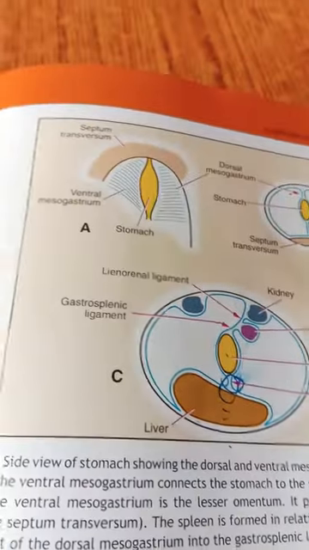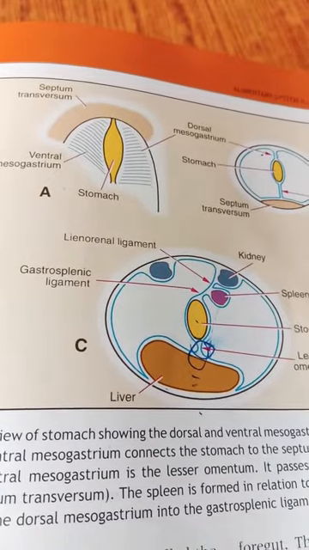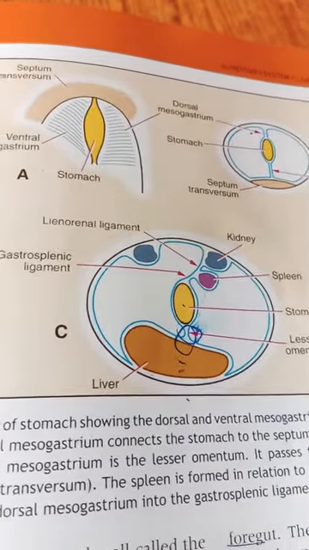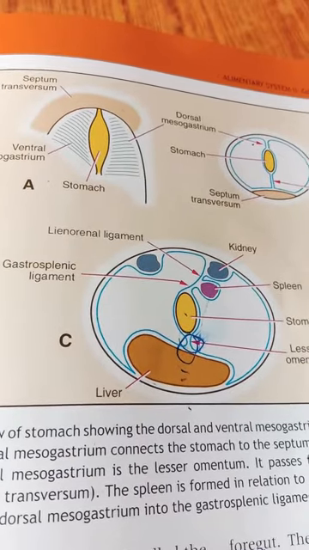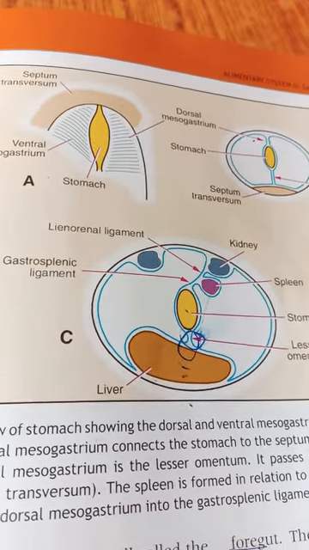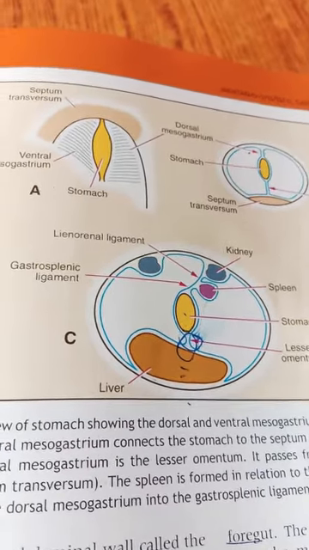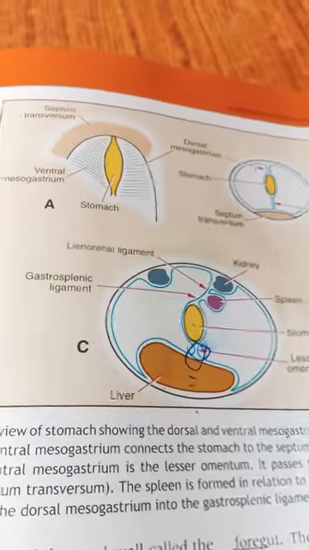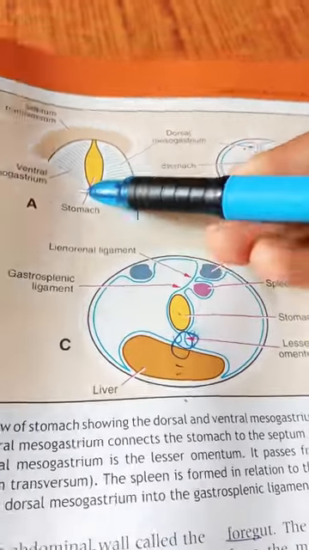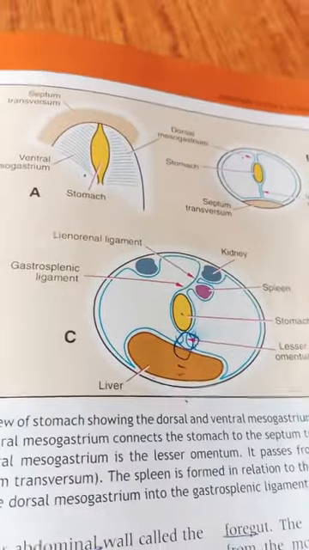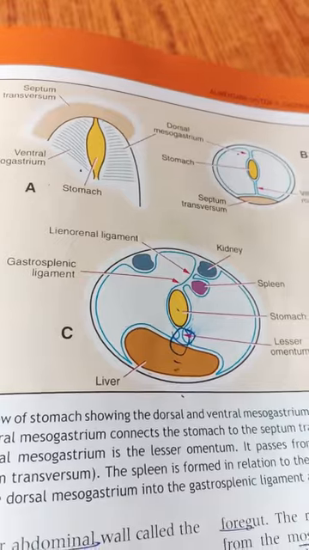We already know in our anatomy what the lesser curvature and greater curvature of the stomach are. Next, the original left surface forms the anterior surface and the original right surface forms the posterior surface of the stomach. This is what we need to understand. The original left surface of the stomach forms the anterior surface, and the original right surface forms our posterior surface of the stomach.